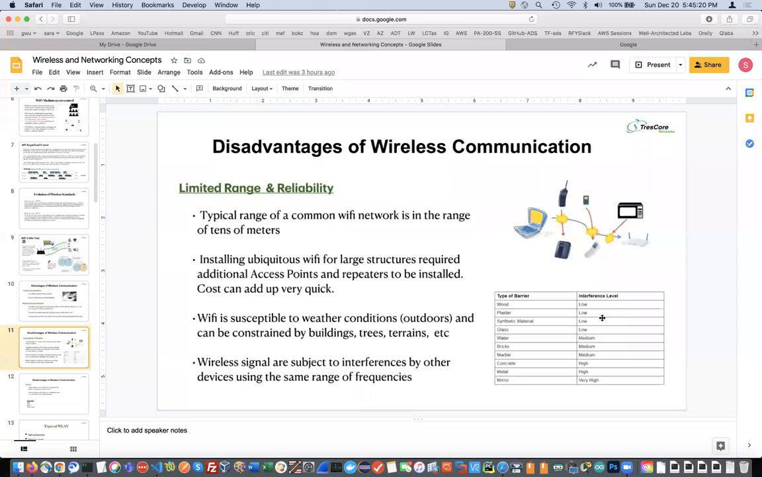5 gigahertz comes with better performance, but again, it has its own problems with things that interfere and the barriers that it can't cross because of a higher frequency than the 2.4. It interacts more with the surroundings and it actually gets attenuated very fast, much faster than the 2.4 gigahertz. So there are these barriers that